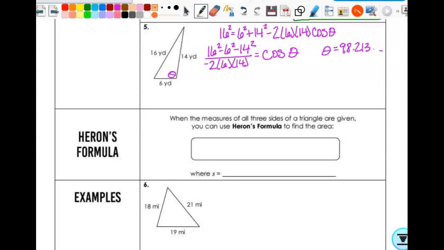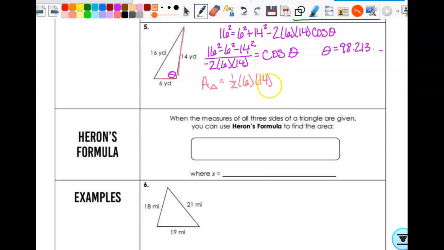But if we want it to look like what we write, we're going to do that a little bit differently. So you stored this in x, right? That means when I go to find the area of the triangle, first of all, which two sides am I using? 6 and 14, good, because it has to be the two that make up the angle. I'm going to get 1/2 times 6 times 14